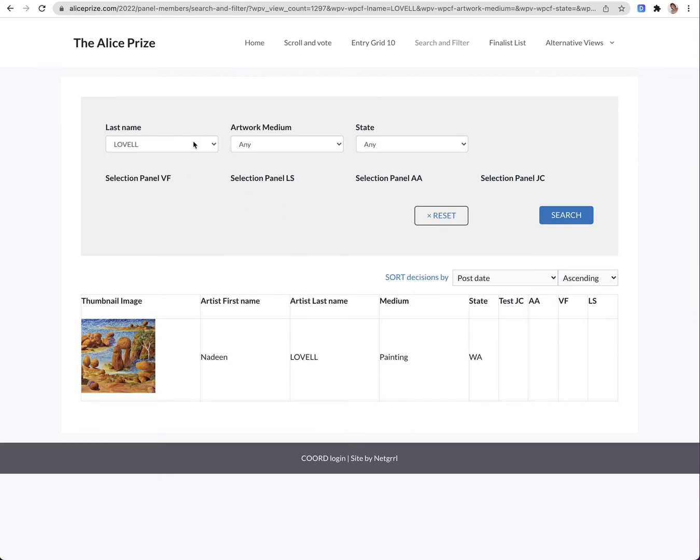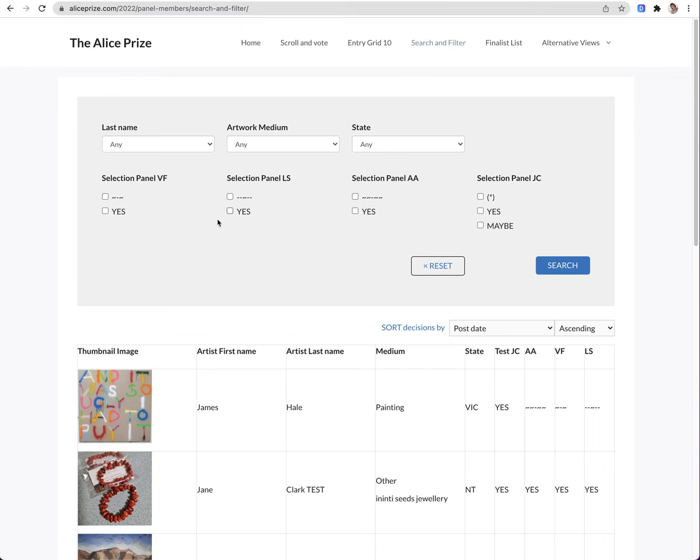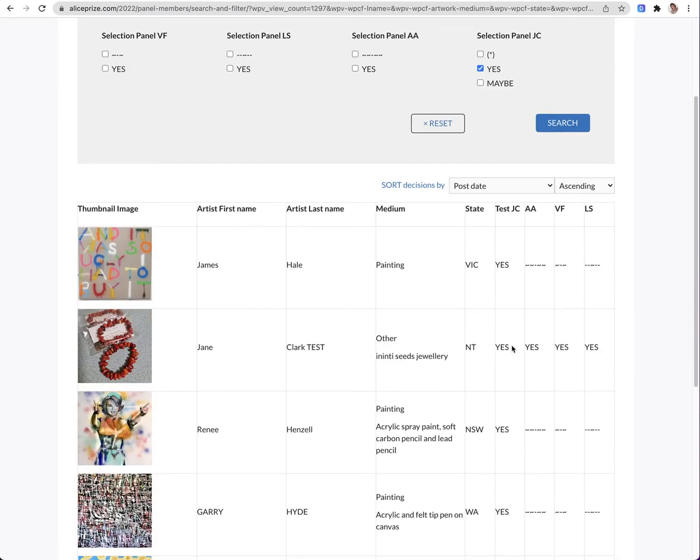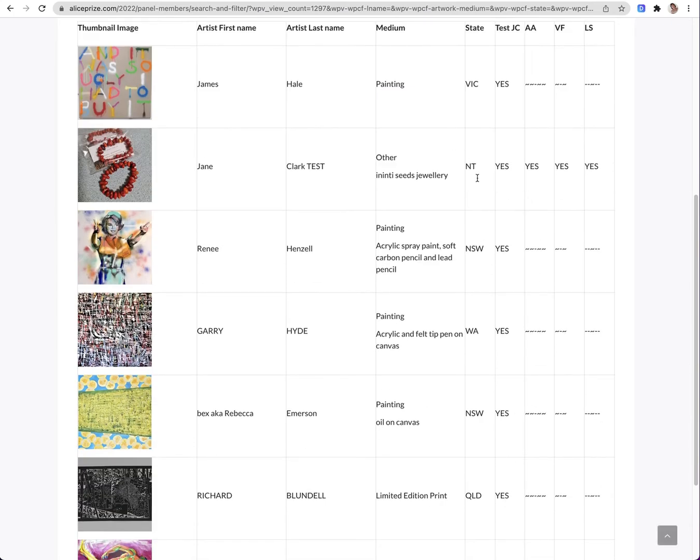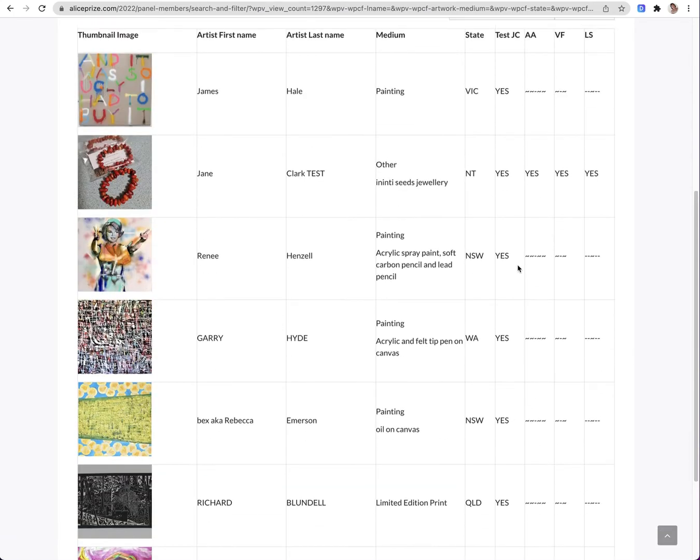You can also, just after you've done a search, it's important that you click the reset button, so that removes that previous search that you did. And you can see under here, you've got the 3 selection panel members, and if you were wondering how many you've clicked yes to, for example, you can go under your name and say I've clicked, how many I've said yes to, click search, and then it lists all the ones under your name that you've clicked yes to, so that just helps you keep a bit more track of